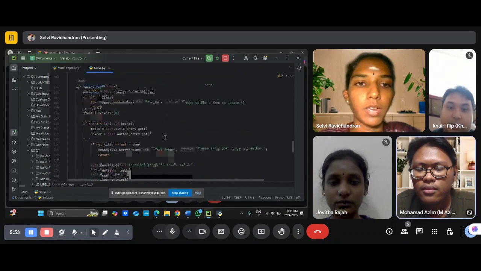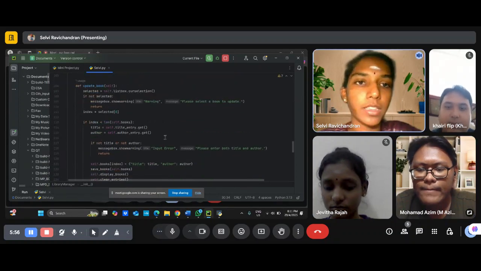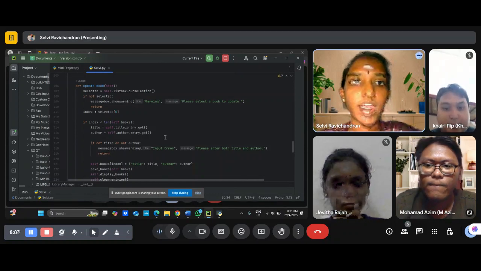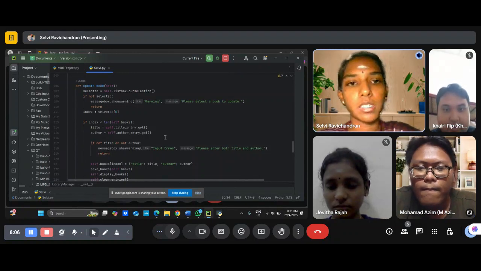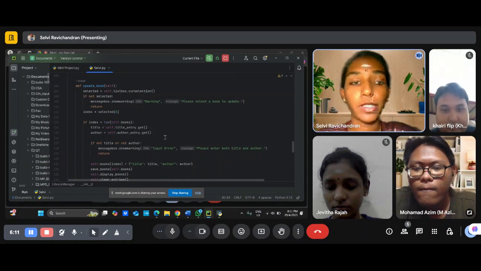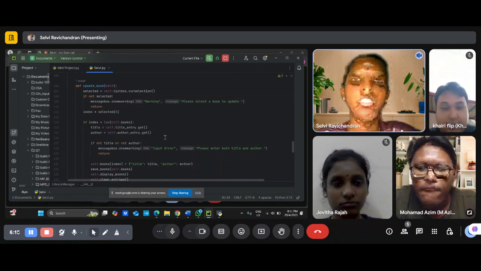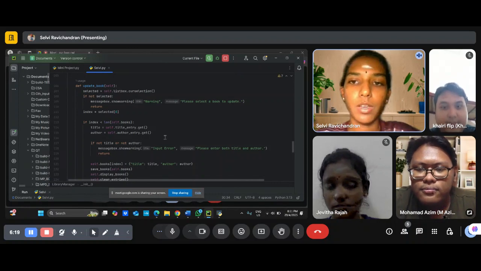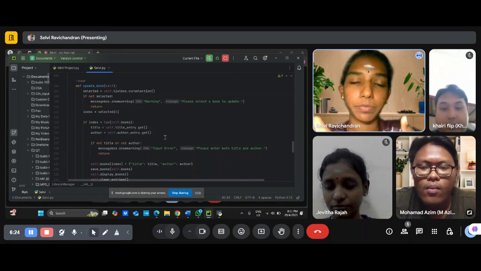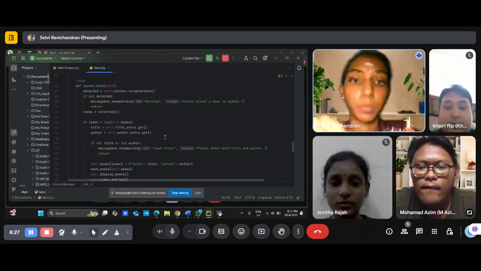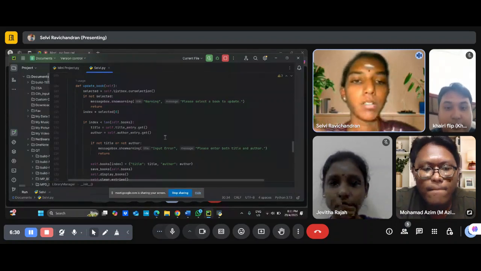Okay, for me, I would like to explain the function of update book. For this one, we use an if else statement. For example, if the user clicks the update button, it will show the message: please select a book to update, which means we have to select the output first that the user inserts.